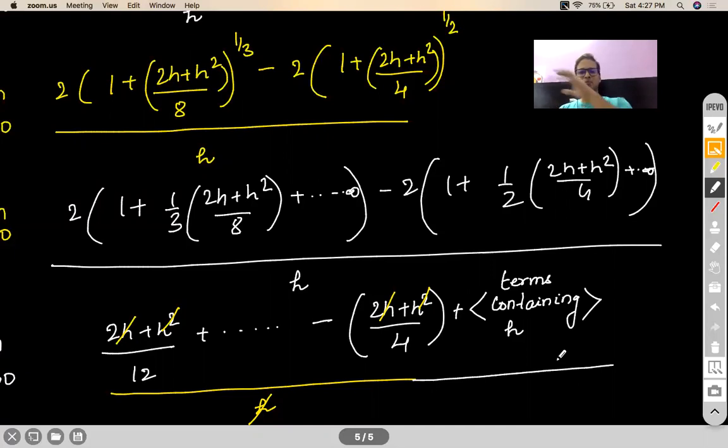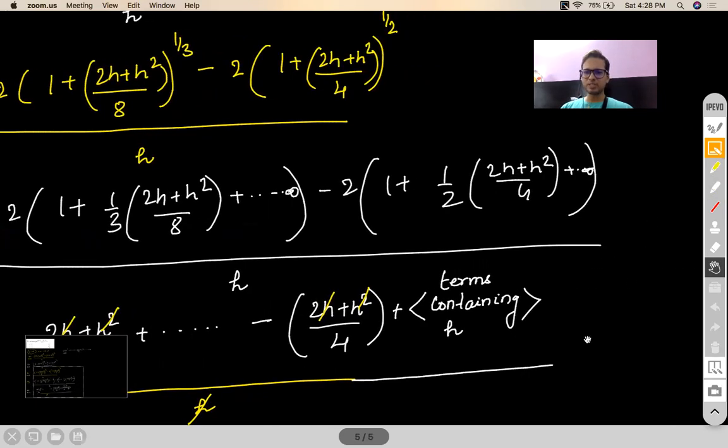I picked up one h out of all the terms in the numerator, one h from the denominator, and cancelled them off. I hope you all realize that h is tending to 0, so h minus 0 is the problem creating factor. H minus 0 means h only. H is the problem creating factor, so I need to get it cancelled. Else the problem will always be suffering from an indeterminacy. Correct. So once you have cancelled, you are free to substitute.